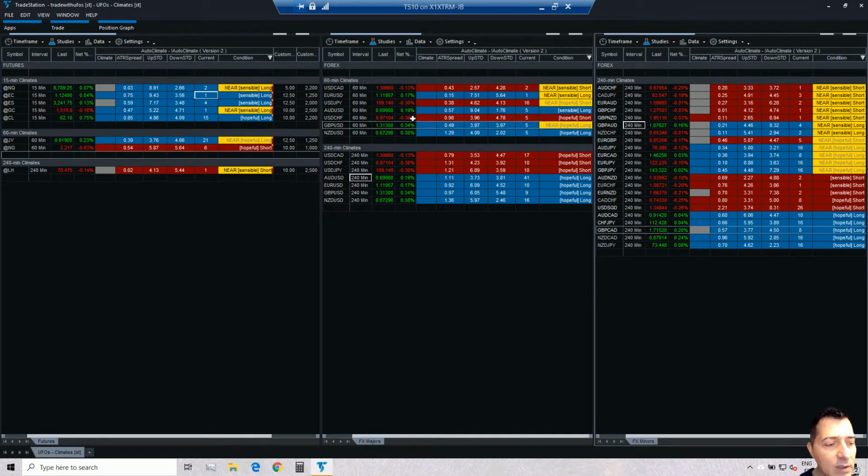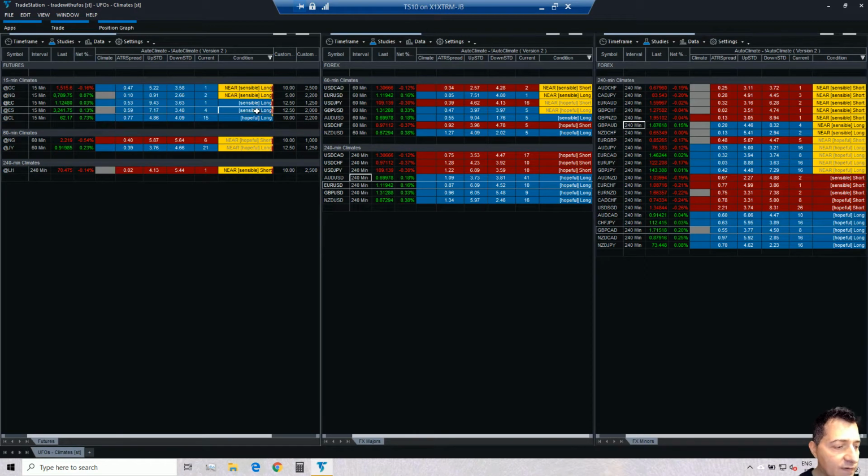Where in the middle we got the majors, which are the most liquid currency pairs, and therefore we are dealing with 60-minute common time frames as well as 240-minute time frames. Okay, it's just for everybody to be focused. So what are we doing here? Well, we are looking for golden signals, like for example the one that just showed up here with gold.